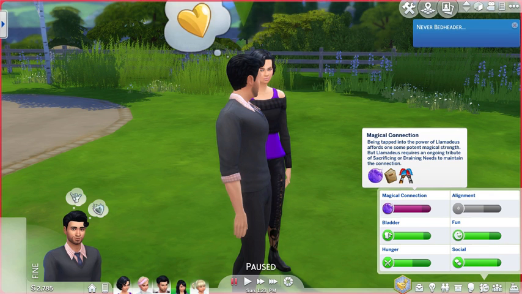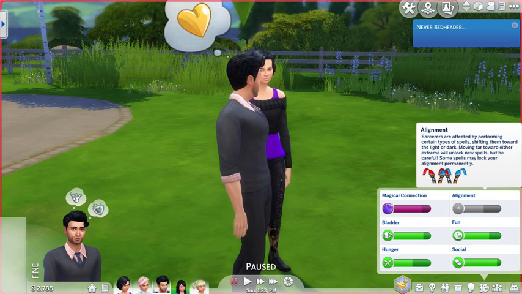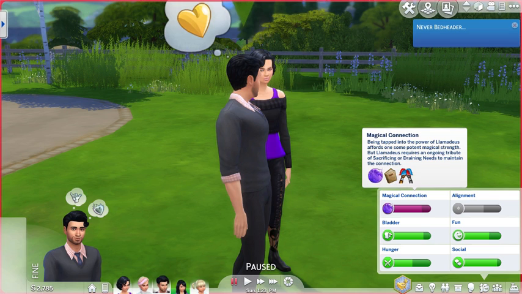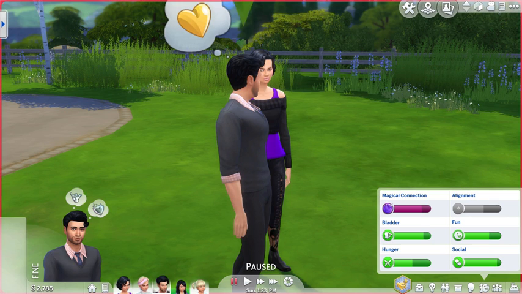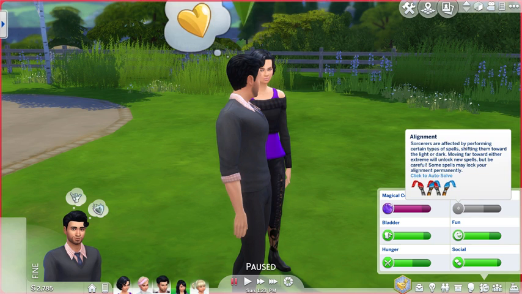So the 2 new needs, every flavor of sorcerer who completes the ritual gets these 2 new needs: magical connection and alignment. Alignment, note, does not function like a normal need. However, magical connection does, for the most part, with a couple of exceptions. Alignment does not decay on its own, nor does it increase on its own. If you see little arrows moving outside of specific circumstances that I'm going to talk about in a second here, don't worry about it. It doesn't mean anything. What matters is the little number here, like right now it says